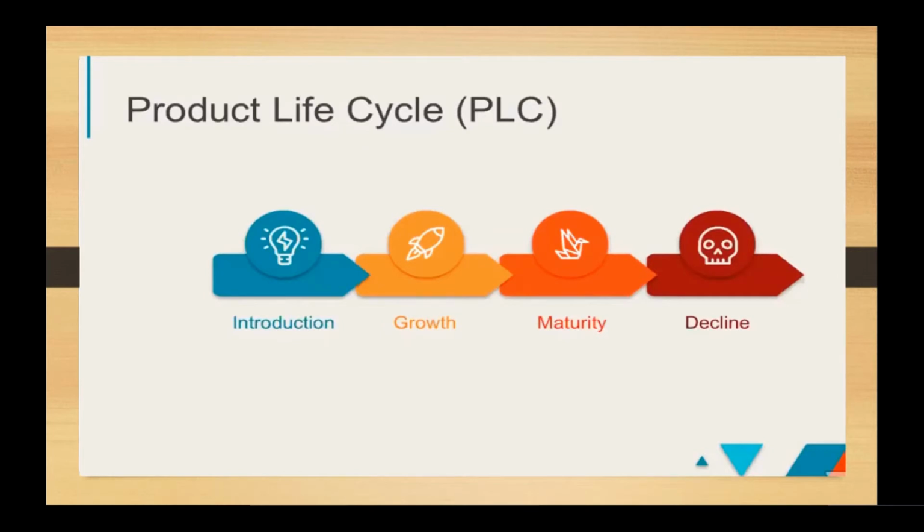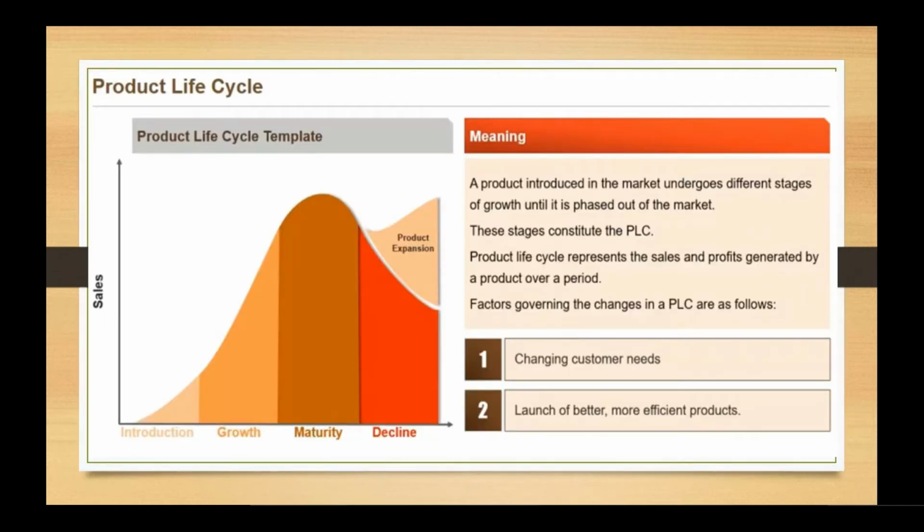In the same way, when we talk about products, products also go through different kinds of stages during their lifetime. So, the product life cycle is the process a product goes through from when it is first introduced into the market until it is removed from the market or the sales of the product begins to decline, as can be seen in the picture out here.